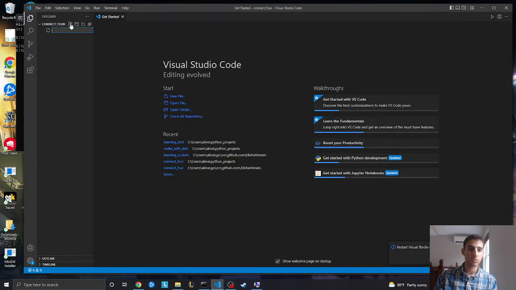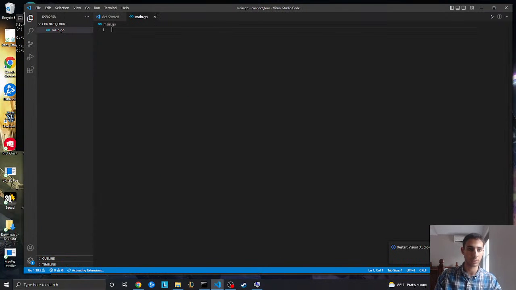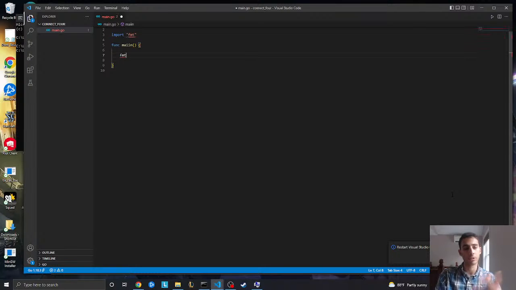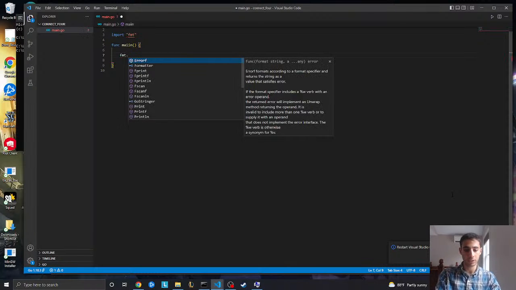So obviously, as you should know, main.go. This is going to be our main file. This is where our main function is going to go. So package main. Just show that this is the main package. Let's do func main, and then just fmt. Since I'm using Visual Studio Code, I could just type whatever package I want, and it will just import it for me by itself. fmt.Println